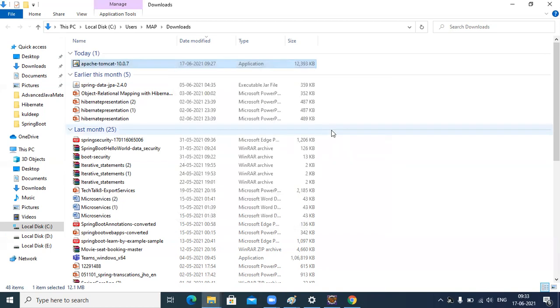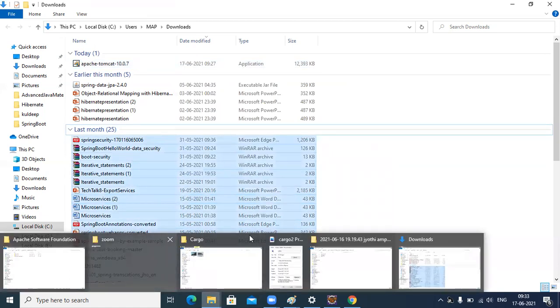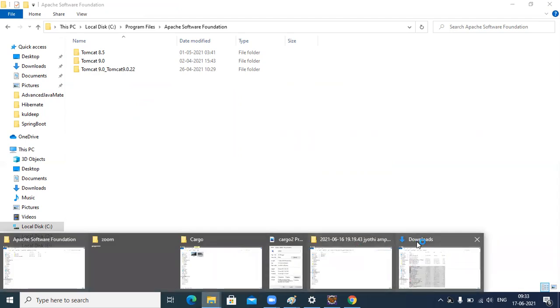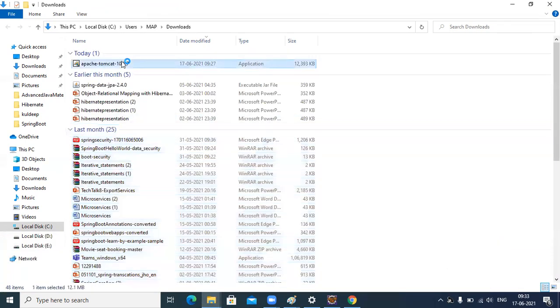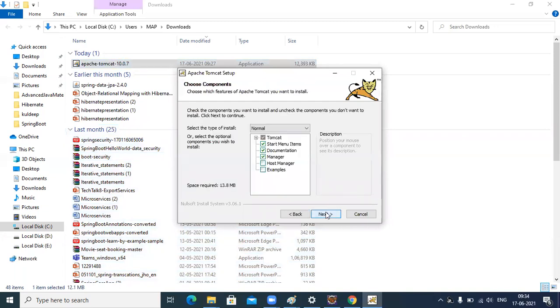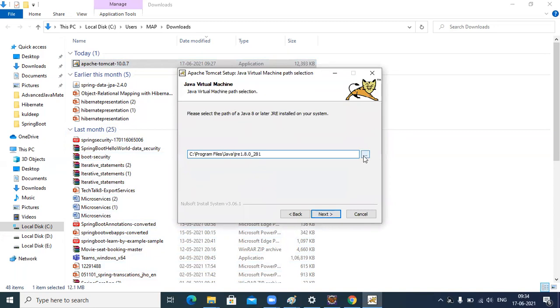So let me select once again. I have to select the JDK. Okay, downloads. I have to select the JDK version. So browse here.